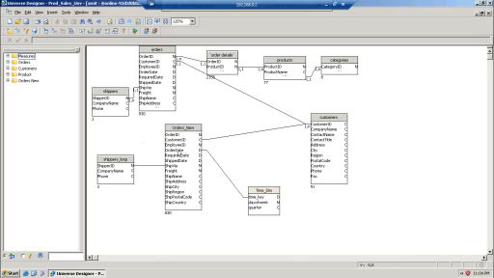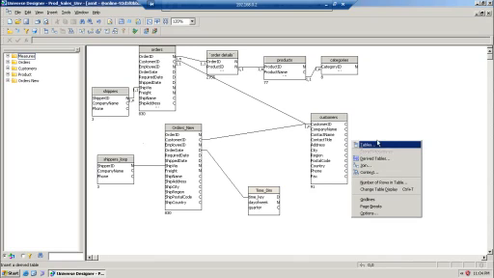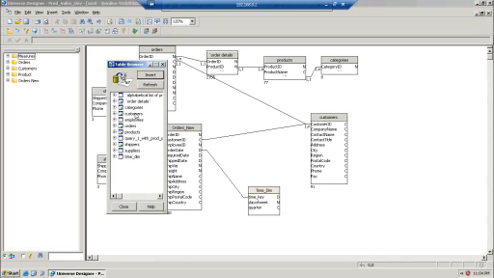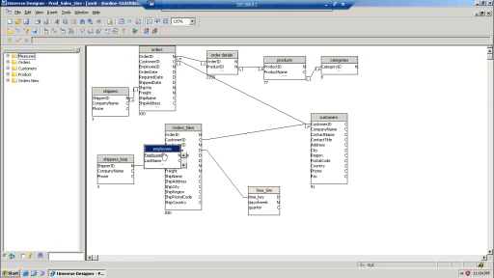Just for example, I think we don't have the employee table here, right? If I had that employee, okay, let's quickly add it to